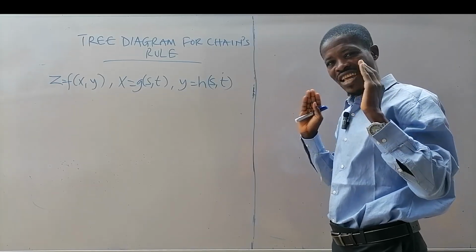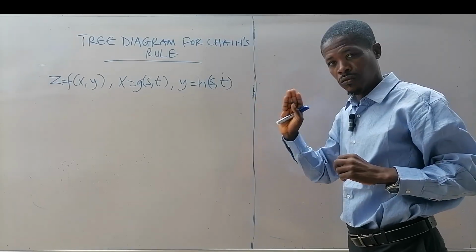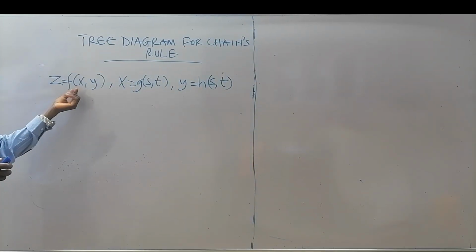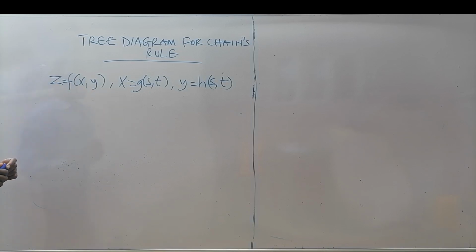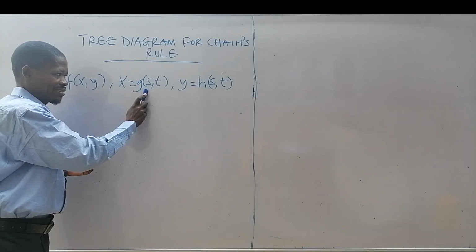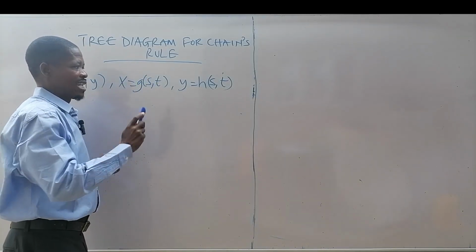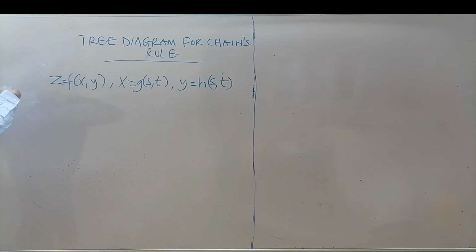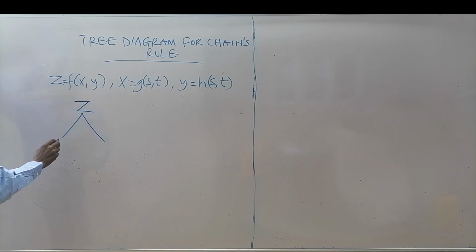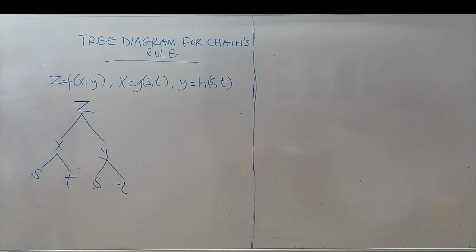Looking at a tree diagram for the chain rule. Look at the case we have here. We have z as a function of x and y, and x and y are functions of s and t. Likewise, you can get the formula for this. The chain rule is going to be this. The z is a function of what? It's a function of these two variables. Each of those variables are also functions of what? s and t. So we can quickly get the